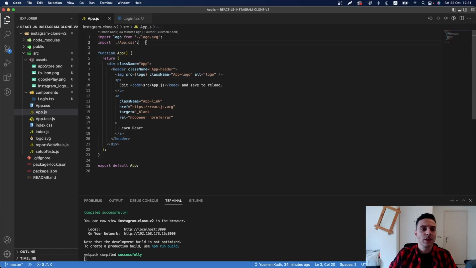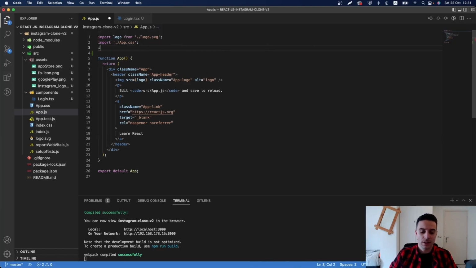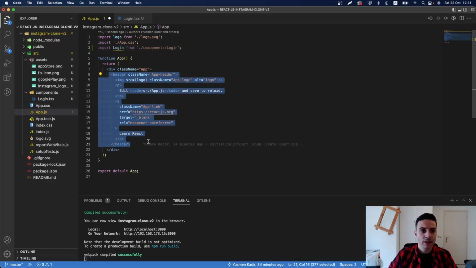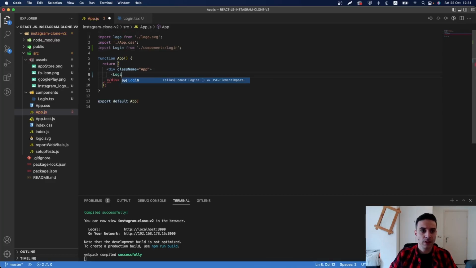Okay, and then I'm gonna create the basic template for that Login component, and we will import this Login component. So I'm gonna say import Login from ./components/Login, and we will render it right here. So I'm going to say Login with opening and self-closing tag, just like this. And when we save,